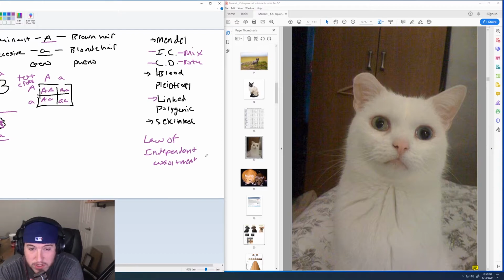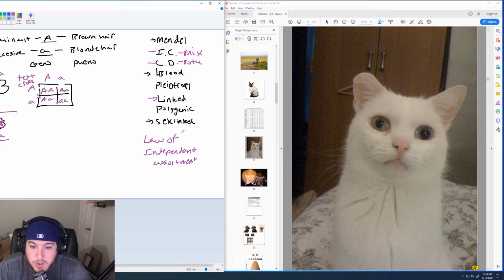So the trait for hair color is going to have no impact on skin color or eye color or height or intelligence or anything else, right? One gene is responsible for one trait, and you determine them totally at random. Okay,